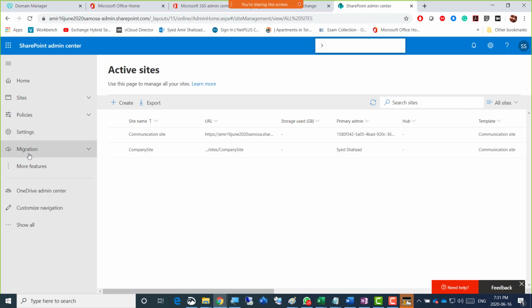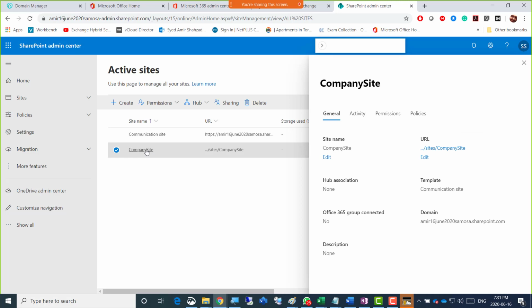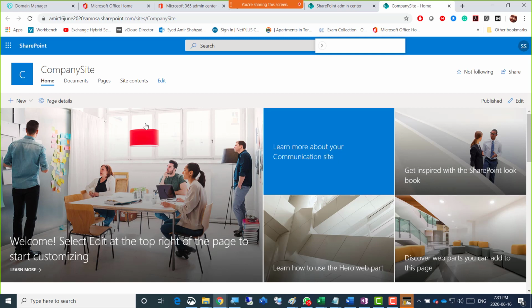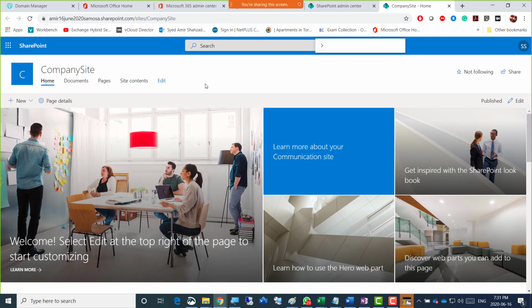Okay, guys, so we can go to the company site now and open that URL, because there is so much inside the site that we need to know. Let's just click that sites and company site. So here you can see the same familiar template, right? And with that template I just wanted to concentrate on showing that it's not sharing with outside users other than those which we added as mail contacts there.